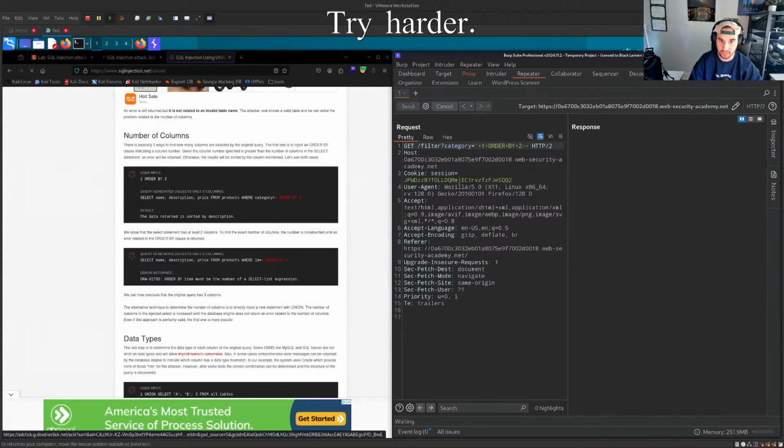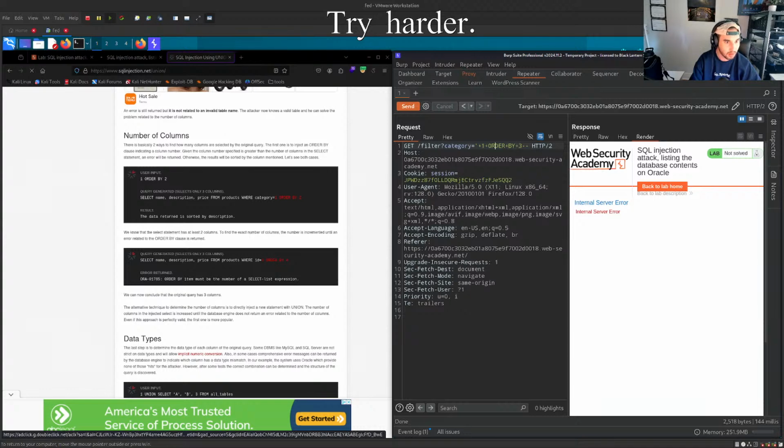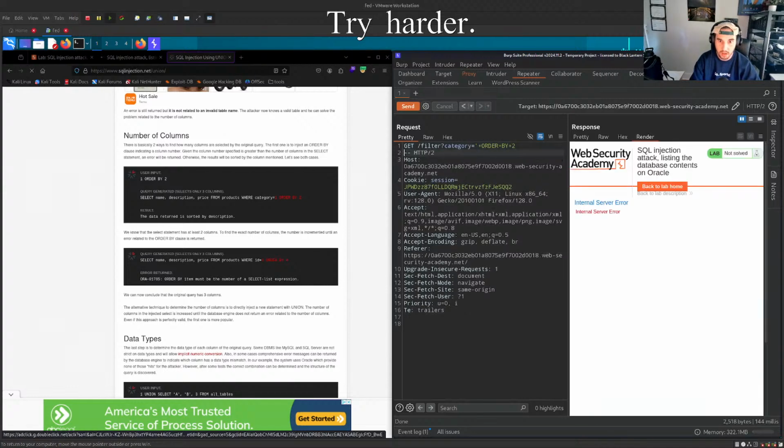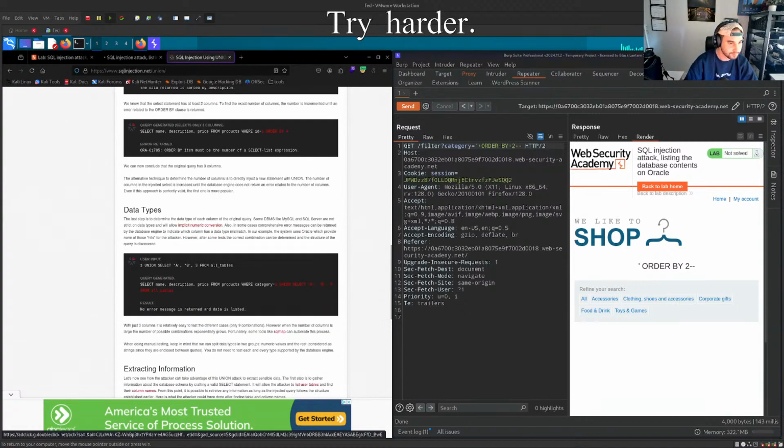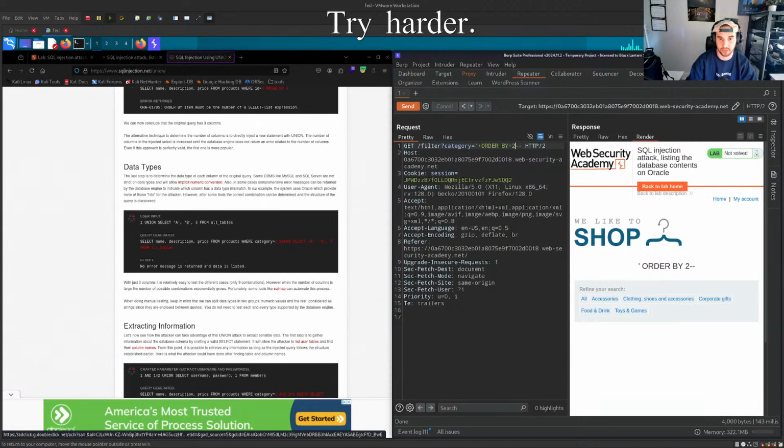It's Oracle, so I think, there we go. So 2 is valid, 3 is not. So we know it's 2. And now we can do this. Once we do order by, union plus select